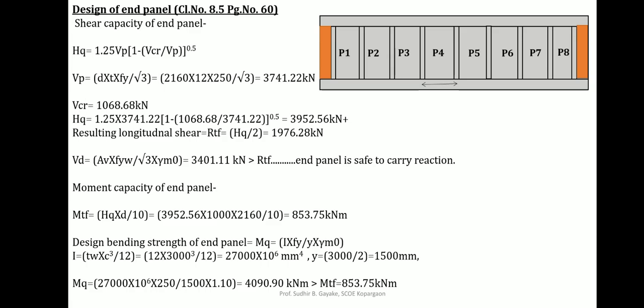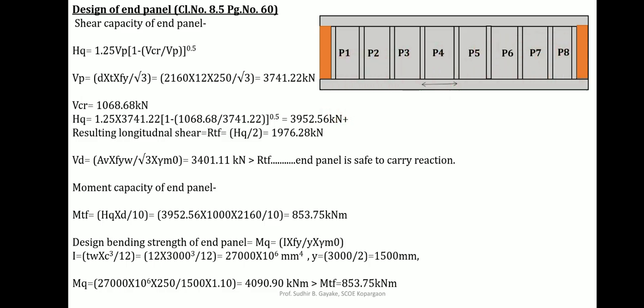Likewise your girder will be classified. The number of panels is 8, so panel 1, 2, 3, 4, 5, 6, 7, 8, and the spacing between these panels is nothing but your C value, which we are adopting equal to 3 meters, and this is the depth of web. According to the panels, this is your end panel, and this again is your end panel. Orange colors are your end panels and the rest are interior panels.